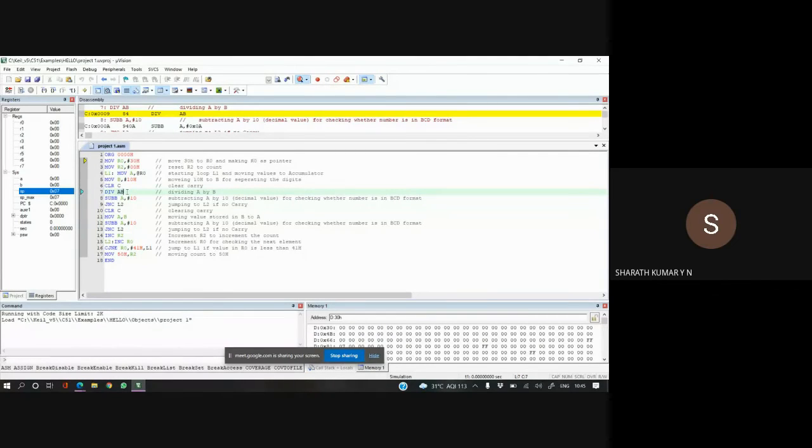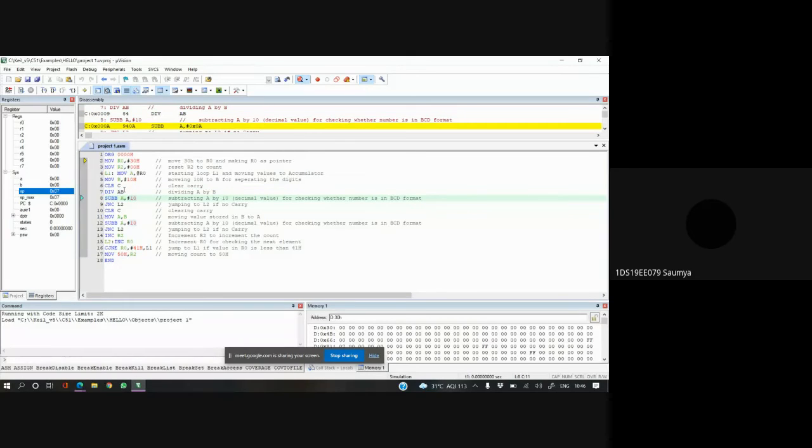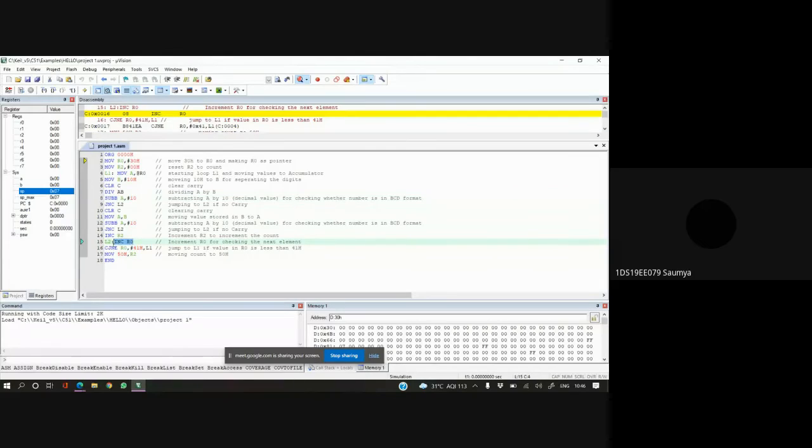Then I have subtracted decimal 10 from A, and if there is no carry, then we jump to L2, which increments R0 to the next location.